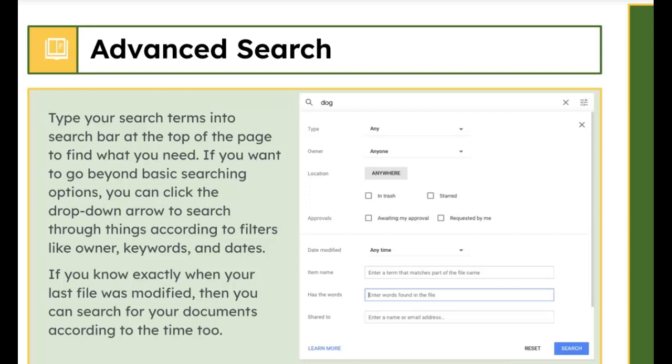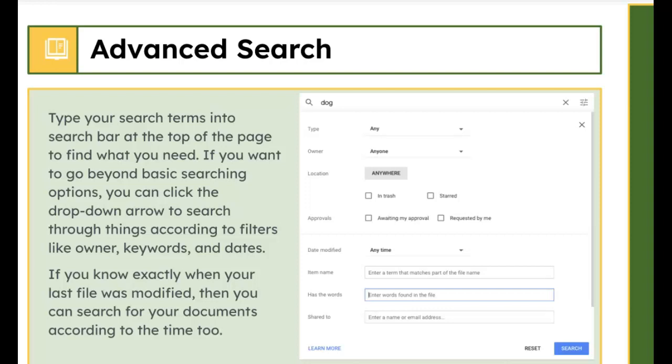You can make it as simple as just putting in a keyword. You can put in an owner, if you know who owns this particular file, and you can look anywhere, and you can dive down into more specific advanced search criteria as well.